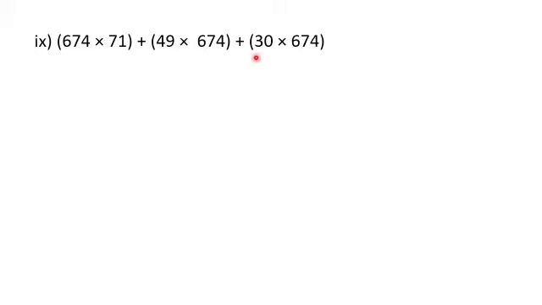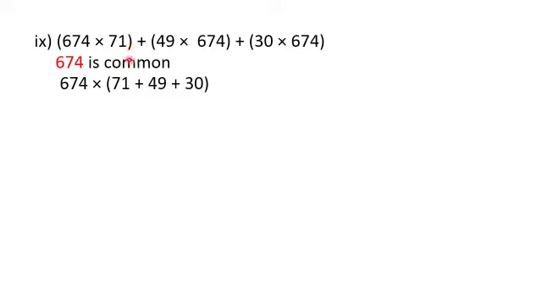So here you watch the videos carefully, and when you write in the classwork or in the homework, you try to attend the answer. Now see the question here. What is the common number here? We have 674 as common. When you take 674 out, what will be the number remaining here? 71. Remember students, sign is very important. We have plus 49. When you take 674 out, what number will be remaining? 30.